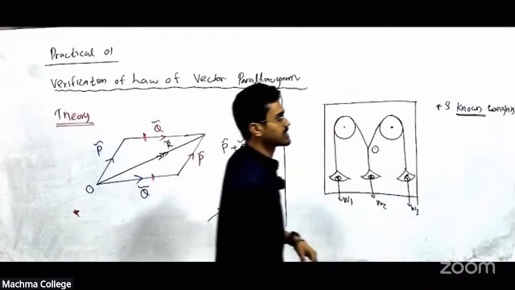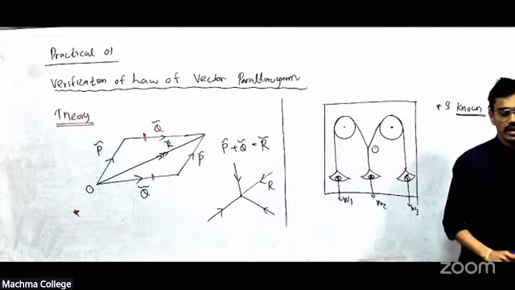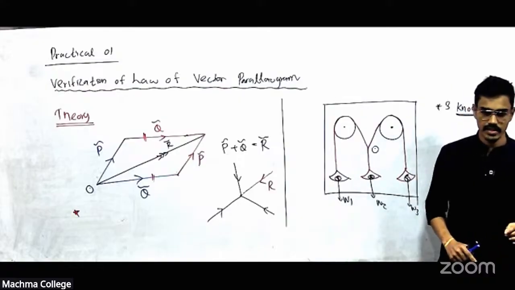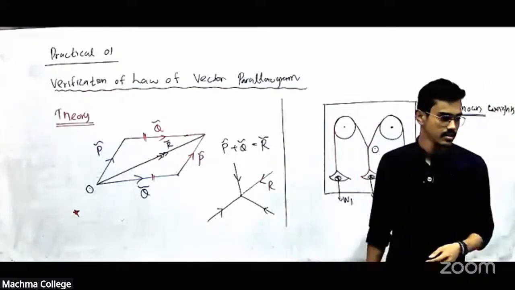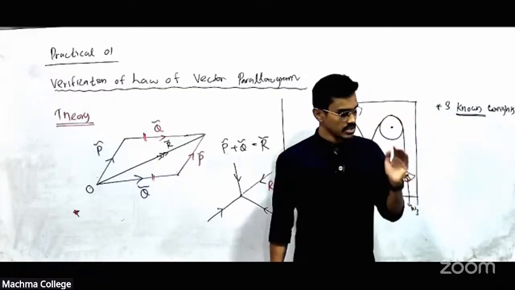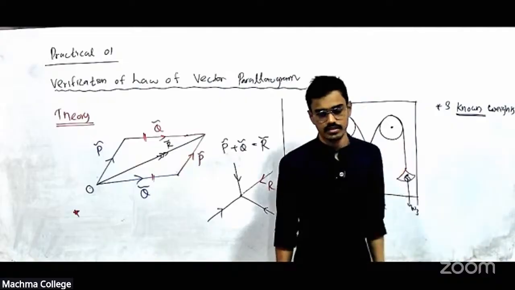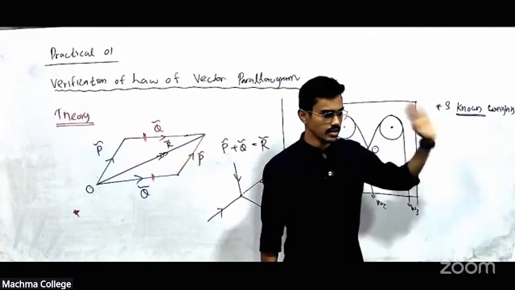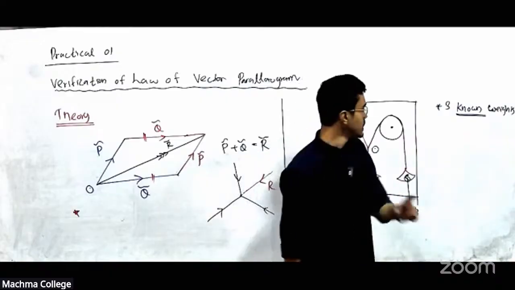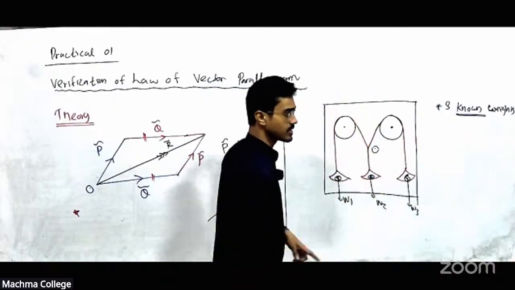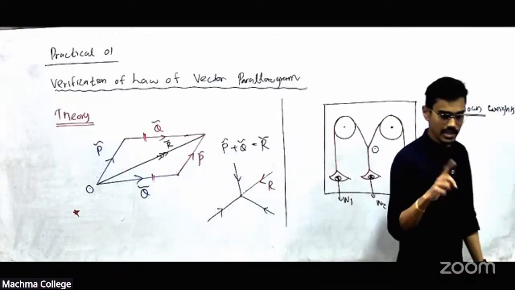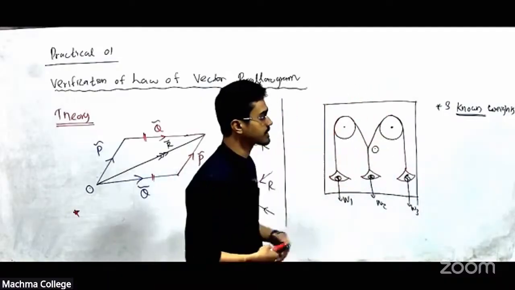Now, for this experiment, listen. For this experiment, we are considering light strings. Light strings in the sense, we take very thin strings, not ropes. Then it won't be light, no? So therefore, we are using light strings, very thin strings, such that we can neglect the mass of the string. So they are light strings, right? You can always assume them as light strings, right? And these pulleys are also frictionless. We have a method to check whether it has friction or is frictionless, right? I'll explain it later after explaining the theory part.